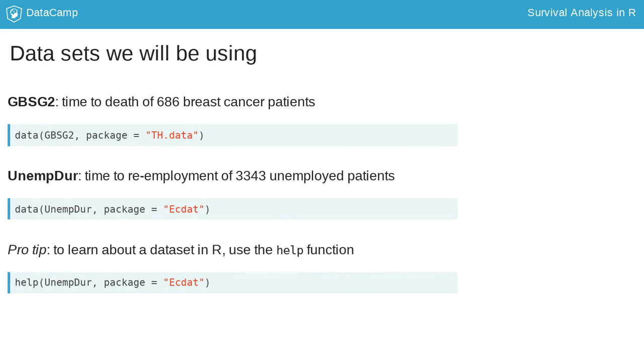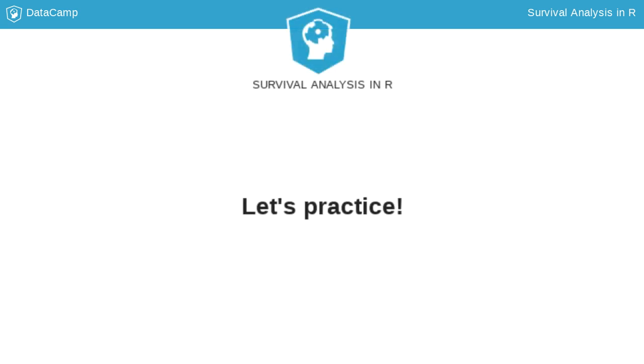The unemployed dataset contains information on individuals who have lost their jobs. We are interested in investigating how long it takes for them to find a full-time position again. It is available in the ACTDAT package. In the upcoming exercises, we will take a deeper look into these datasets. For this, I already have a pro tip for you. To see information on the dataset, exchange the data function with the help function. Time to look into the